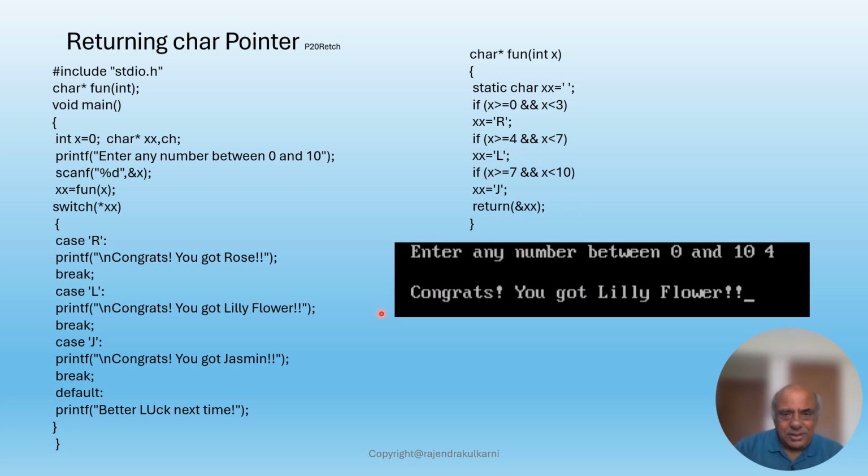If you execute this program on your PC by copying all these statements, you will find that fun will return either a rose, depending on the value entered by you, or a lily flower, or a jasmine, or there is nothing, you get nothing, and then "better luck next time" will be displayed as output on the monitor screen. Just try, have fun,